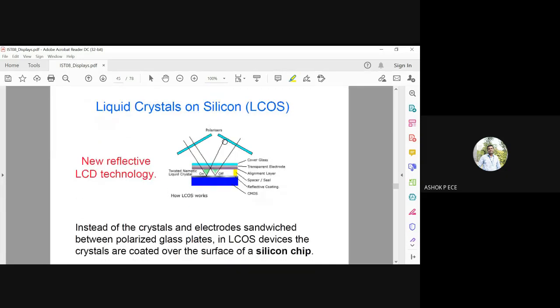So nowadays LCDs are manufactured on the silicon substrate. So they are not called LCD. They are called LCOS, liquid crystals on silicon. So the lower base is going to be silicon, and we are going to use this on a CMOS substrate. CMOS is complementary metal oxide semiconductor. It is a type of MOSFET transistor. So you take a CMOS and above that you have a reflective coating, and in between the layers you will have the liquid crystals. You will have a transparent electrode and cover glass, and you have a polarizer.